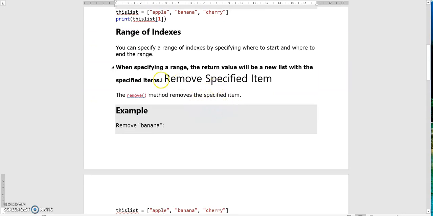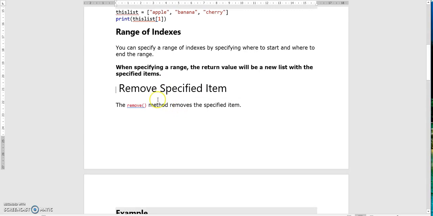Remove specified item. It can be done with the help of the remove method. The remove method removes the specified item.